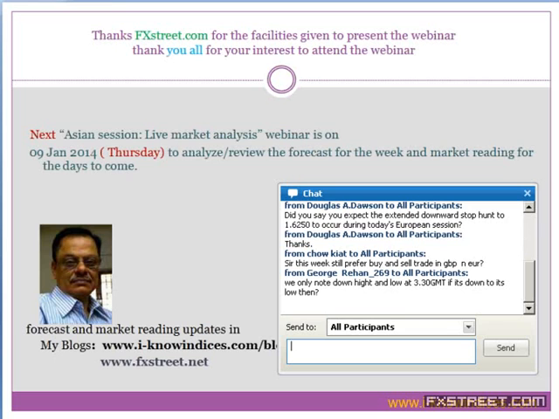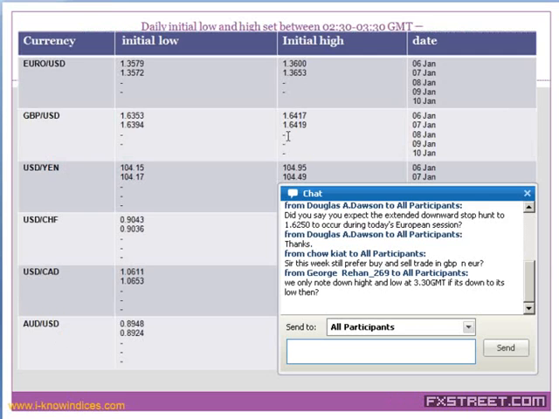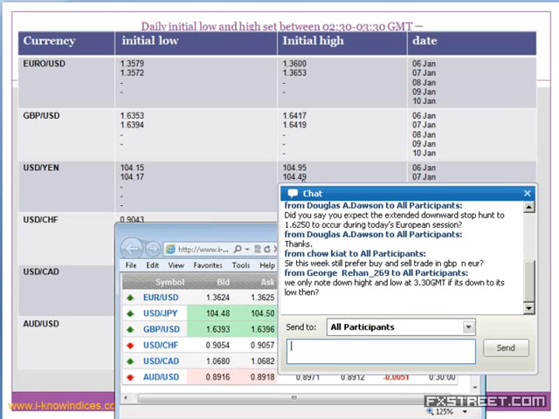And George, we only know the high and the low at 3:30 GMT. Now, with regard to the initial lows and the highs, I have been explaining it during the tracking the forex market webinar. Say, for example, they just breached the high in the case of USD/JPY and went above that to 104.62 and then came below that to 104.49. Now they are holding it closer to that.